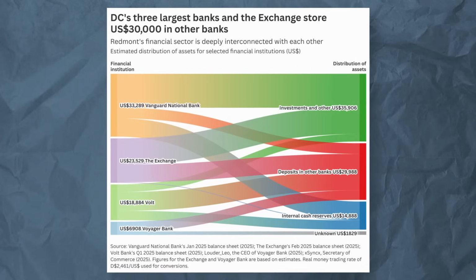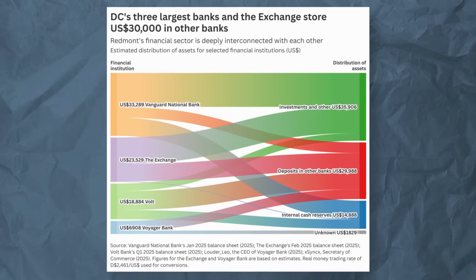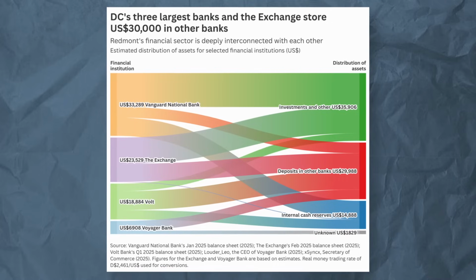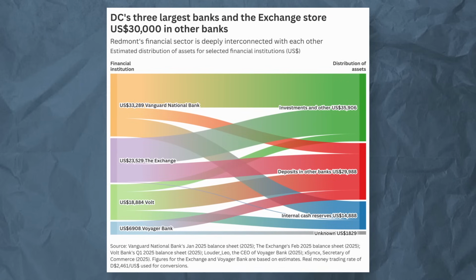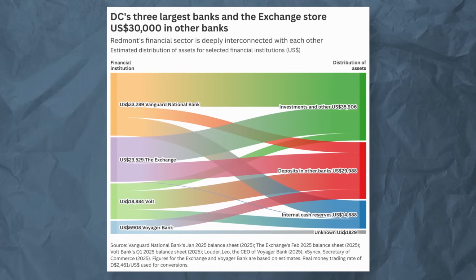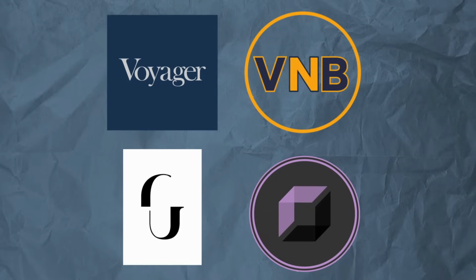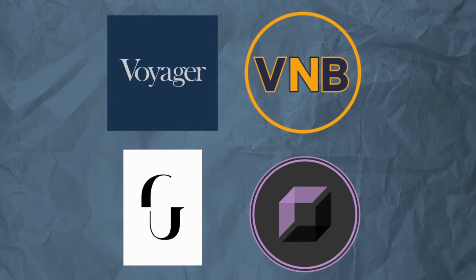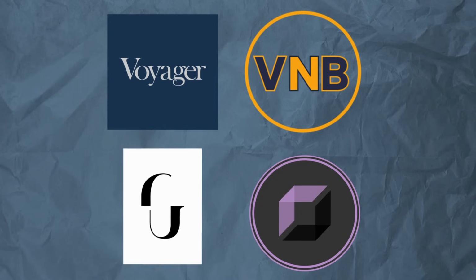Vanguard National Bank, also known as Discover Bank, held over $5,600 in other banks. The CEO of Voyager Bank revealed in a February 2025 interview that it had around $4,000 of consumer deposits stored in Vanguard and another $1,000 in Volt. What this means is that the fate of the entire financial sector is dependent on the fate of these systemically important financial institutions. If one of them is allowed to fail, it could take down other institutions with it, creating